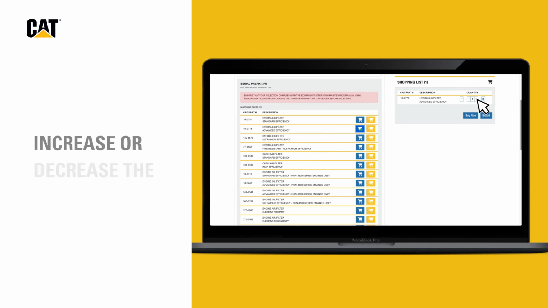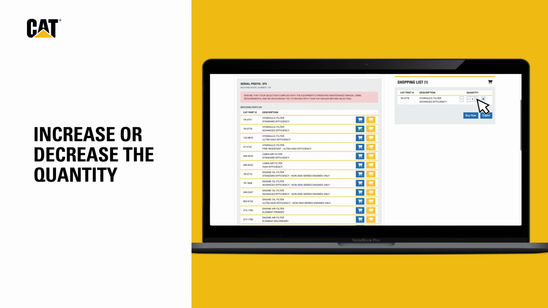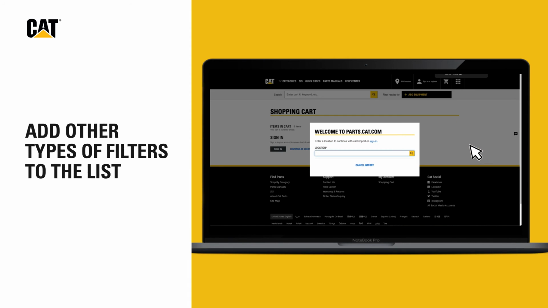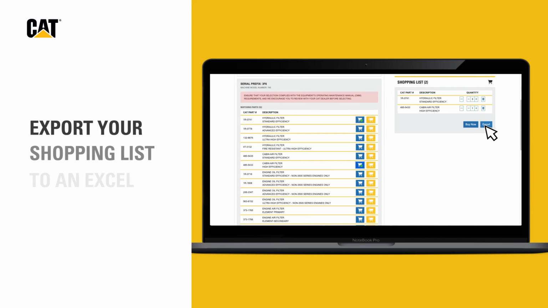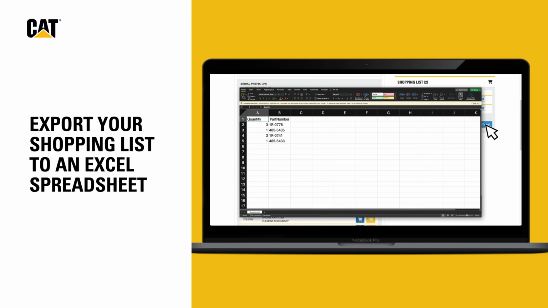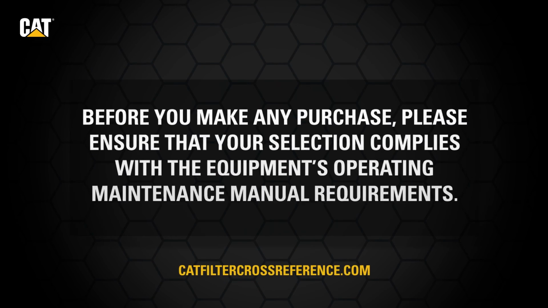In your shopping list, you can increase or decrease the quantity of filters you want to buy. And you can add other types of filters to your list. When you're ready to make a purchase, select Buy Now. Or you can export your shopping list to an Excel spreadsheet, which you can save for later or import to parts.cat.com. Before you make any purchase, please ensure that your selection complies with the equipment's operating maintenance manual